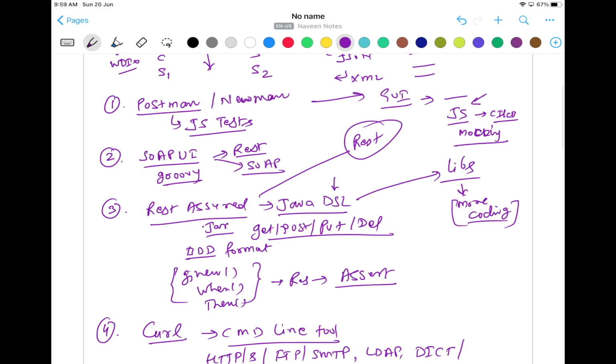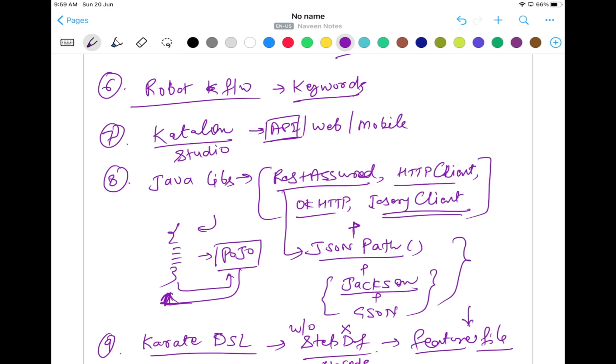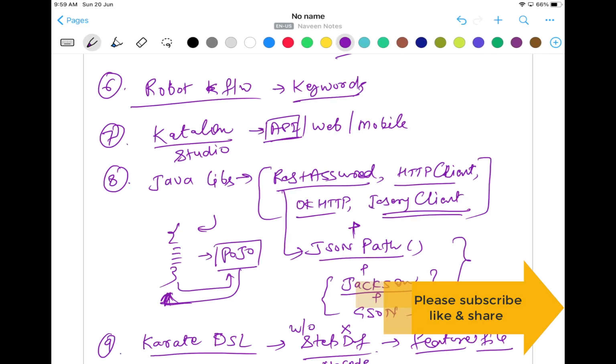It will not work for other programming languages. Maybe other programming languages have their equivalent libraries available, just like REST Assured that we have. But let's see, in Python, we have the requests package available. The requests module is available, you have to use that, right? In C# also, I'm not very sure about it, but you can just explore and use it over there. But REST Assured is only and only for Java. And marshalling, unmarshalling, serialization, deserialization, these are very common things that you have to understand and learn with respect to API automation.